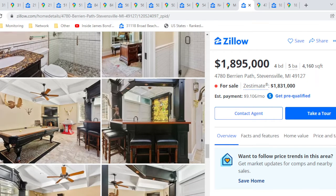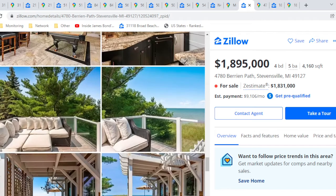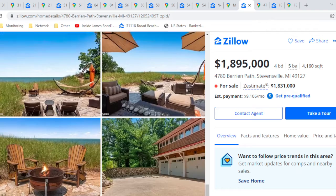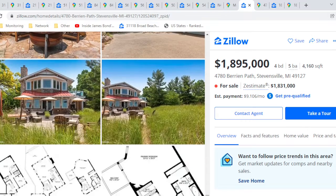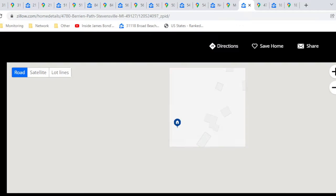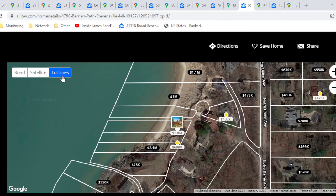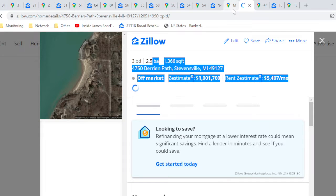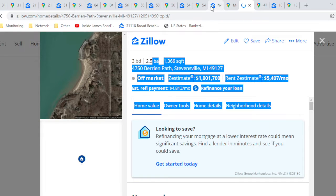They have a billiards room with a bar downstairs, which is a nice touch. It has a pretty good view. No pool or anything, but not too far from the beach. I think this one was just not very big. It was a very limited little beachfront, so you can't go walking for miles. So anyway,